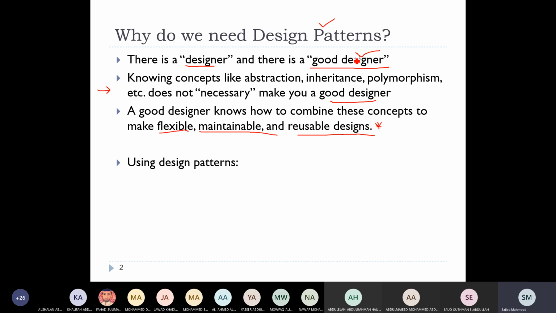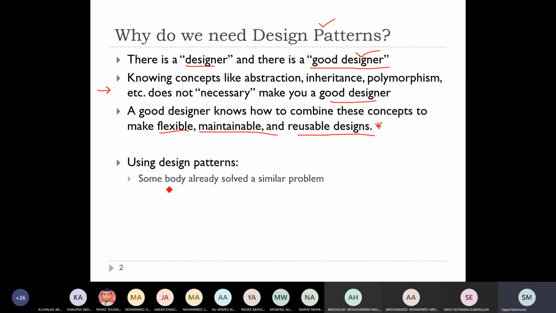So basically we use design patterns, and again, like in architectures, when I talked about client-server, Blackboard, event-based or P2P, we were not reinventing the wheel. Over the years, the software engineering industry has come across different problems. At that time, we were talking about architecture, so people came across different architectural and structural issues, and they came up with solutions. Similarly, when it comes to class diagrams and structuring them to come up with flexible, maintainable, and reusable designs,